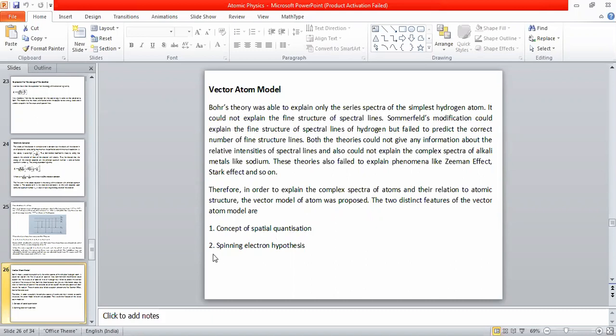And the second concept that the vector atom model proposes is that the electron not only revolves around the nucleus, it also has a quantity called spin. So planets